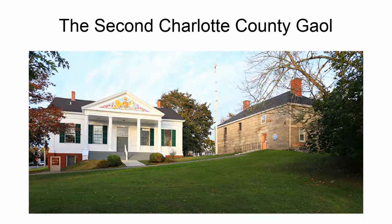Upstairs in the jail were 4 cells intended for women, children, and debtors. These were much more comfortable than the ones downstairs as they were larger in size and had larger windows for more light. Children would be admitted to prison if their mother had committed a crime and there were no other caretakers available. Debtors made up a large bulk of the prison population until the practice of imprisoning debtors ended in